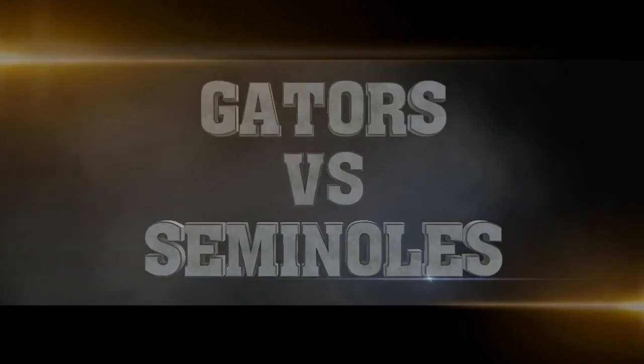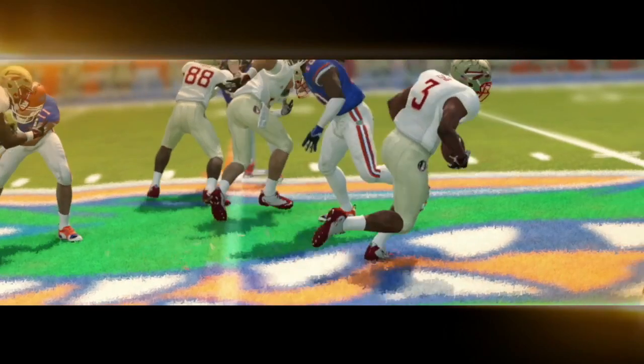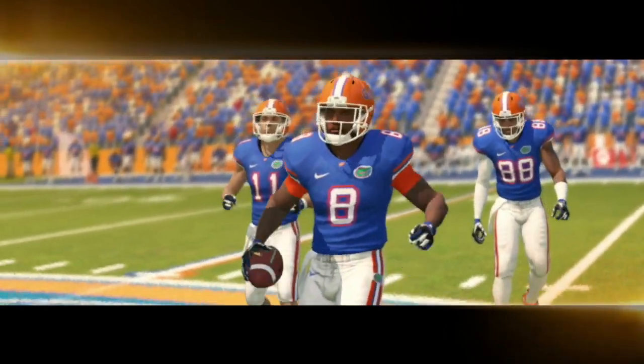Should be a fun matchup between Jay Norvell and Billy Napier, and a fun quarterback battle between Jordan Travis and